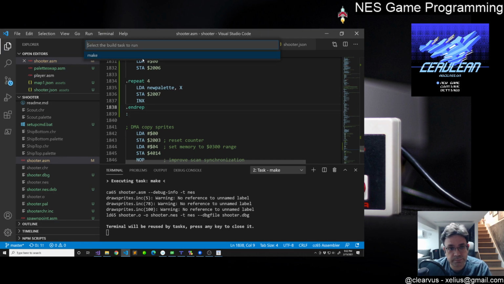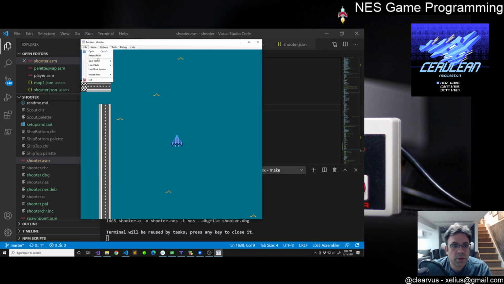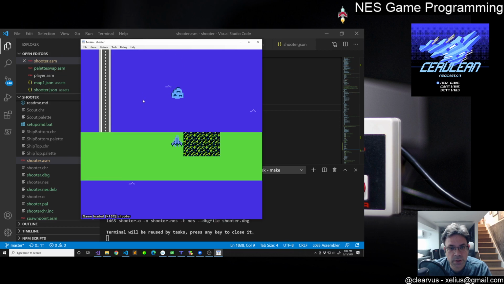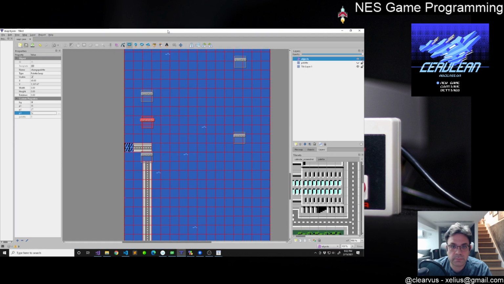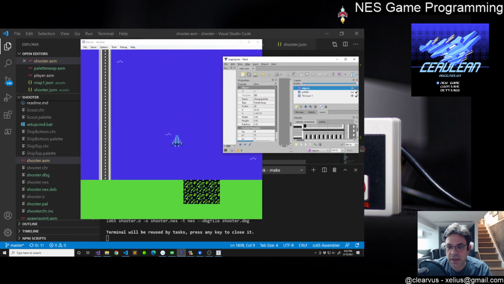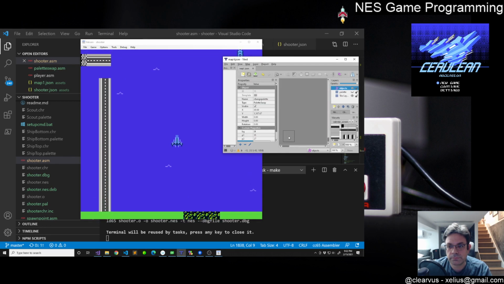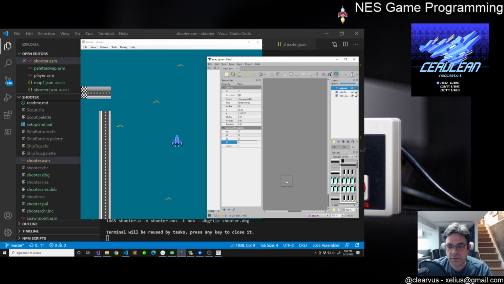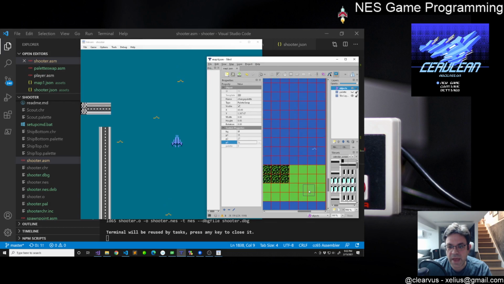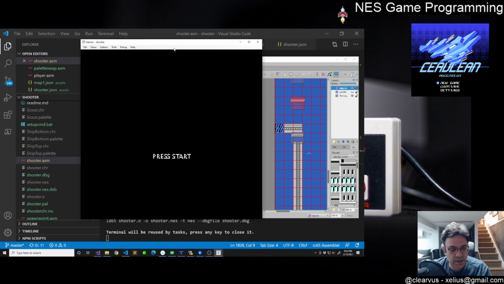If we rebuild this again, we can reload this here. And again, you'll see that as soon as we hit the spot on the map, you can't see it here because there's too much in the way. This is too small. But as soon as we encounter that spot on the map, here it is, where we place that object to change the palette, it swapped the palette in,